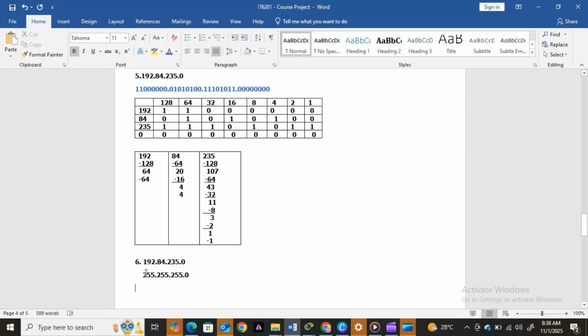Again, since the value of the subnet mask is 255, for every number of the subnet mask which is 255, we just have to copy the value of the network address. So we just have to copy the 192 and again, you just have to copy 84